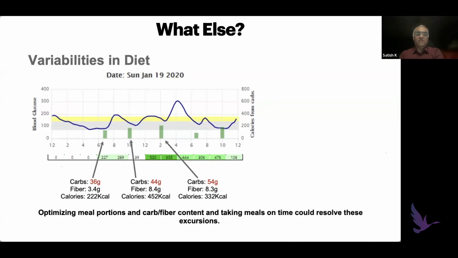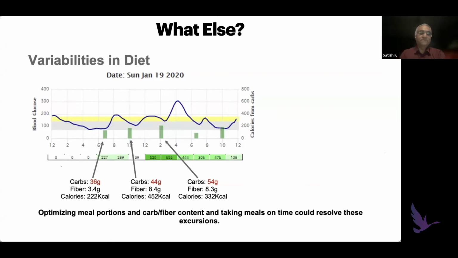Now, where is the difference? Why do people say don't eat too much rice or bread, don't eat too many carbs? Because carb is the one which gets most easily converted into glucose. It has a very huge spike. It's the macronutrient which immediately gets converted into sugar and is taken up by the body. Then comes protein, which takes a lot more time to become glucose. Then comes fat, which takes even longer. And then fiber, which has almost very